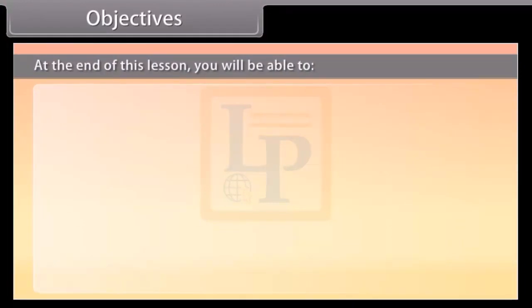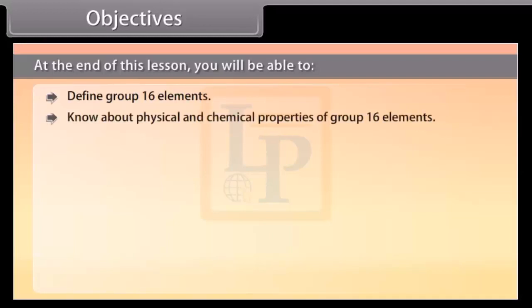Objectives. At the end of this lesson, you will be able to define group 16 elements, know about physical and chemical properties of group 16 elements, analyze anomalous behavior of oxygen,